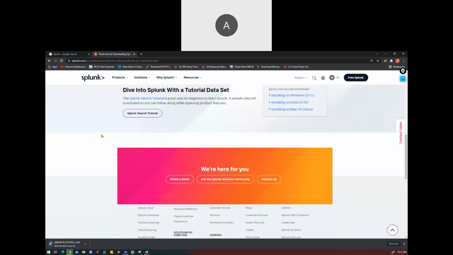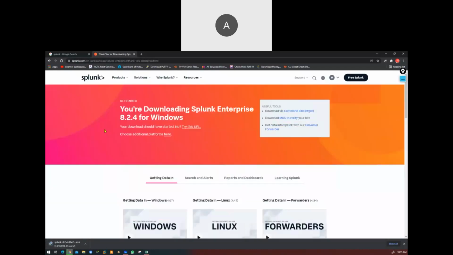Cool. Now I'll move to the next step. Basically, I am going to install this Splunk tool into our virtual machine.